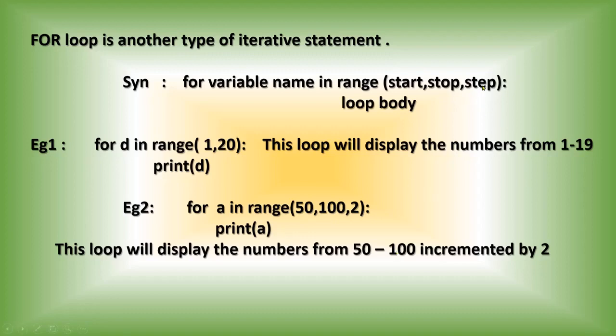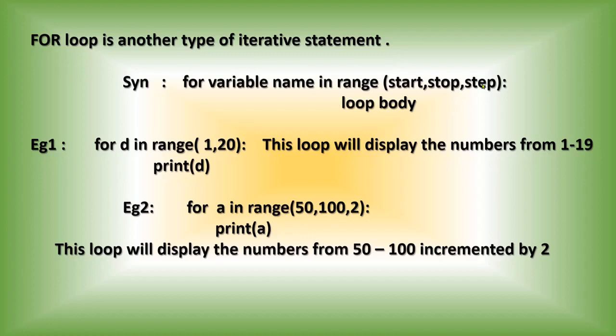Now, if you are not using the step value, by default the for loop will take the step value as 1. That means the variable is incremented by 1. So the step value is 1 if the user does not mention it. Or we can mention the step value in the for loop statement itself. If you want to decrement, then you can give the step value as a negative value. If you give a positive value, without any sign, it will be incremented. If you want to decrement, use the negative step value.